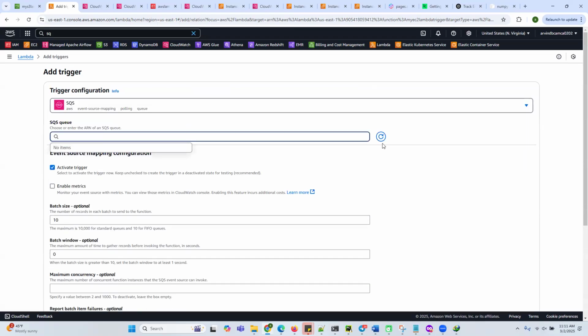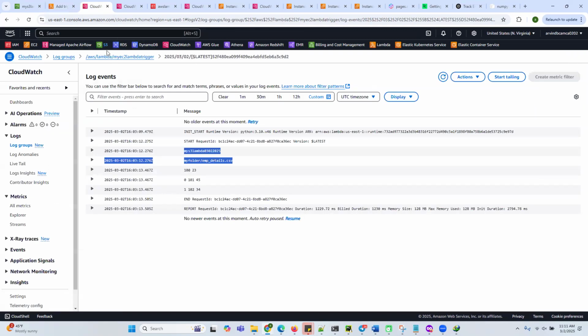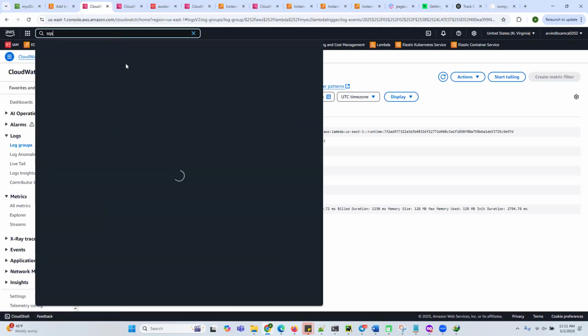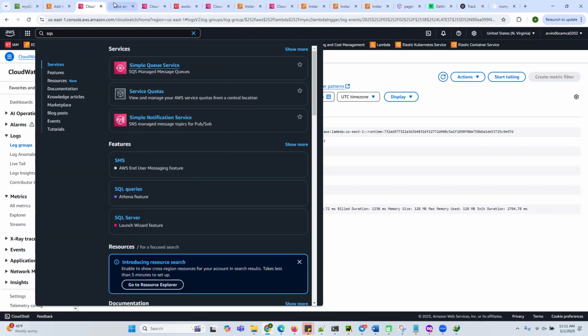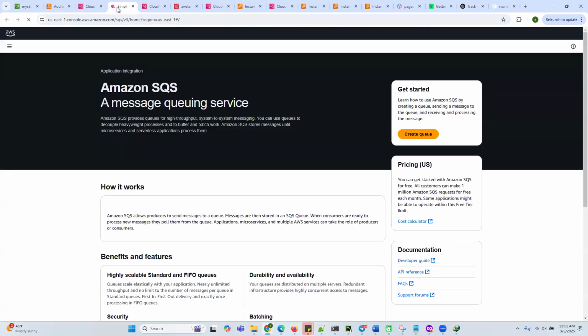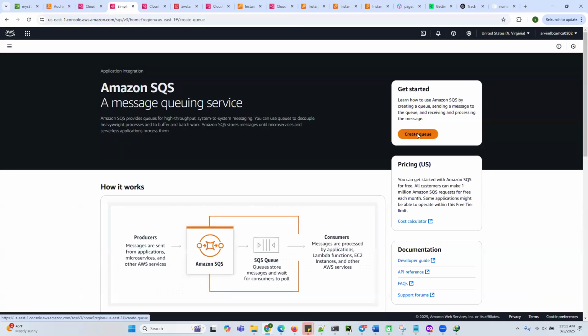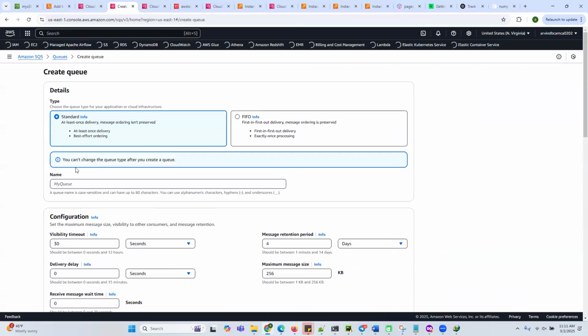So you need a queue. So right now there is no queue. That is the reason it is showing empty. Okay. So you create a new SQS queue. SQS is Simple Queue Service. Okay. So Queue Service is used to simply create a queue and